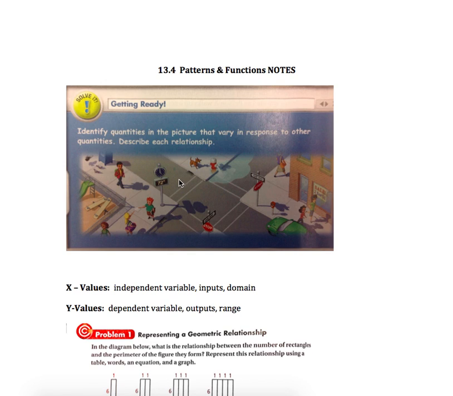So these are the notes for Sanger's algebra class, section 13.4. These notes basically are talking about recognizing patterns with tables. And so if we think about the patterns we've already seen in algebra, if we